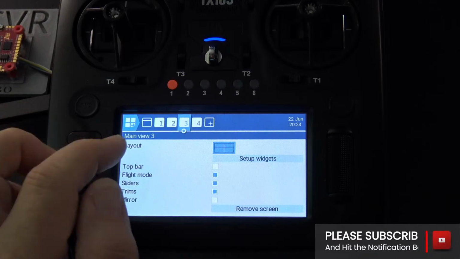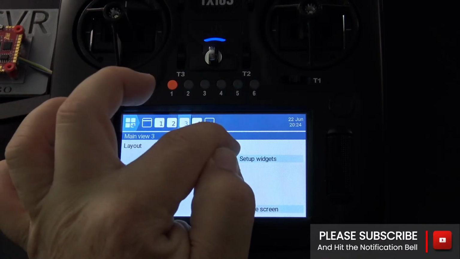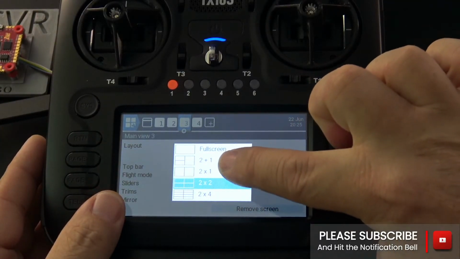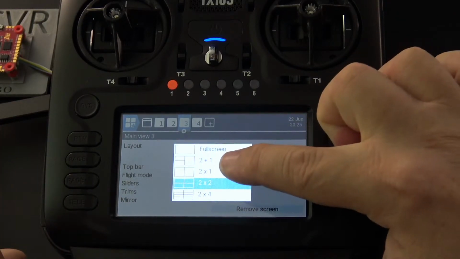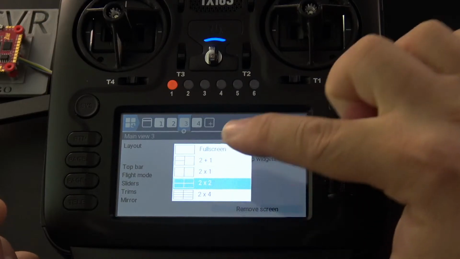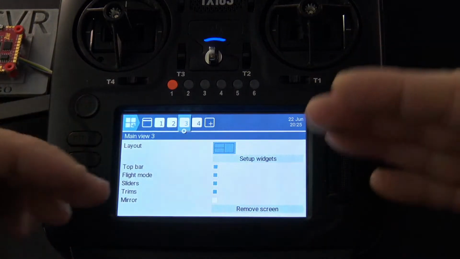Okay. So anyway, I did want to point that out, that you have the ability in widgets to choose your layout by pressing the button. And then another thing that I'll encourage you guys to do when you get these is learn to do the scroll. In this case, there is no scrolling, but I have the option to pick 2+1, 2x1, 2x2, 2x4. So I'll just go ahead and pick 2x1, and there you go. There's my layout for the screen.